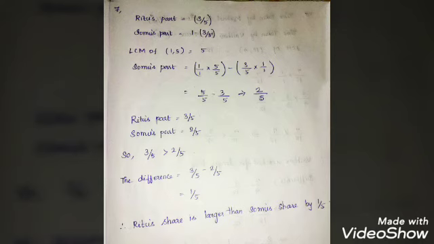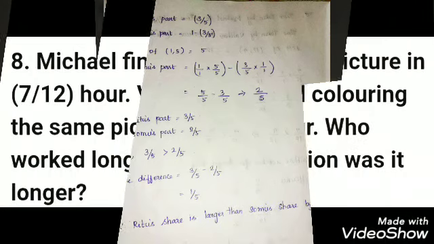Okay. So now we are going to take LCM. The LCM of 1 and 5 will give you 5. So 1/1 into 5/5 minus 3/5 into 1/1. So denominators are equal now. 5/5 minus 3/5 will give you 2/5. So Ritu's part is 3/5, Somu's part is 2/5. Which is greater? Ritu's part 3/5 is greater. Now they are asking how much difference, so subtract. 3/5 minus 2/5 will give you 1/5. So Ritu's share is larger than Somu's share by 1/5.